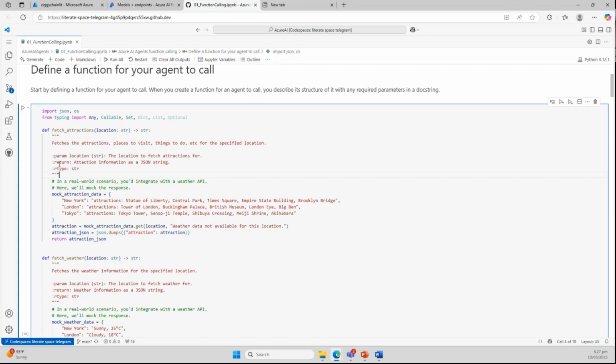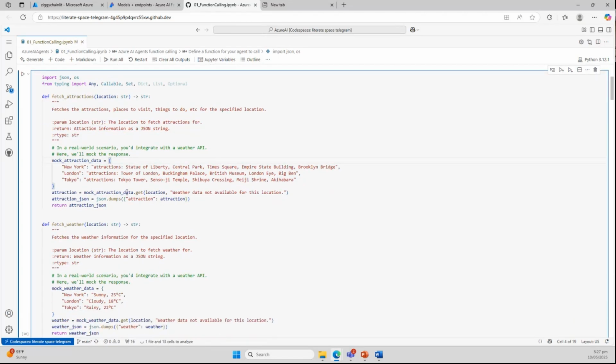Here, you're telling the large language model this function fetches the attractions, places to visit, things to do for a specified location. It's expecting a parameter, location, and it returns attraction information as a JSON string, in which the return type is of type string.